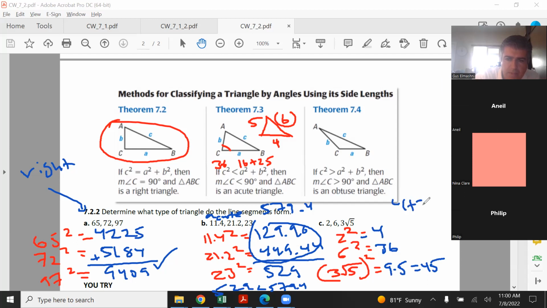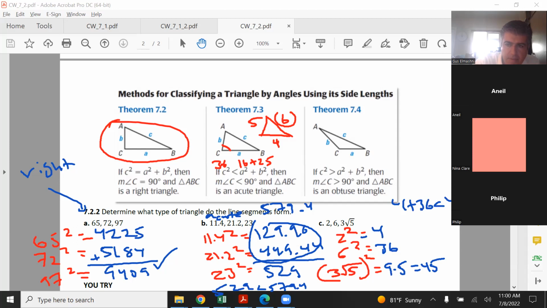Four plus 36 is clearly less than 45. So that's going to be like this one here. That's going to be obtuse. So that's how you can classify triangles by their angles, whether it's acute, obtuse, or right, based upon, we call